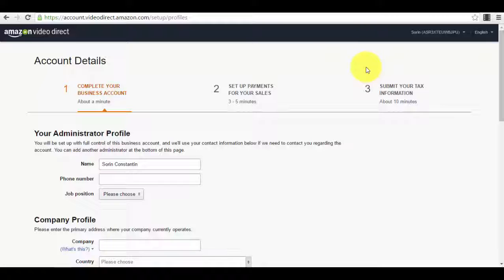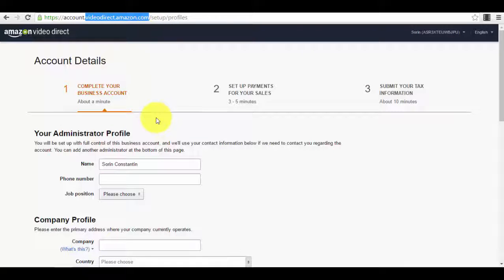Right now I want to show you exactly how you can set up your account. Actually, it's very easy when you already have an account, but even if you already have an account, you will still have to go through this process, okay? Because you will practically be earning money from Amazon, and you have to complete all these forms so you are ready to go. So first of all, you will go to this address right here,